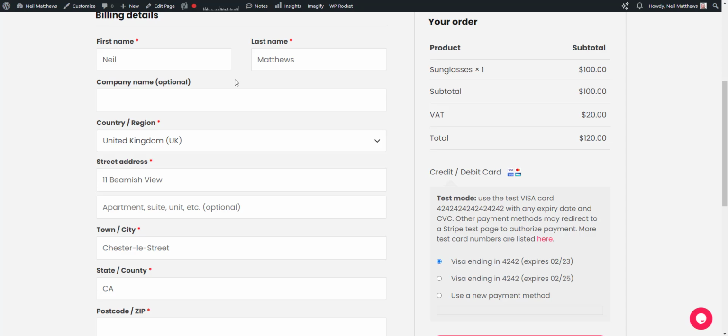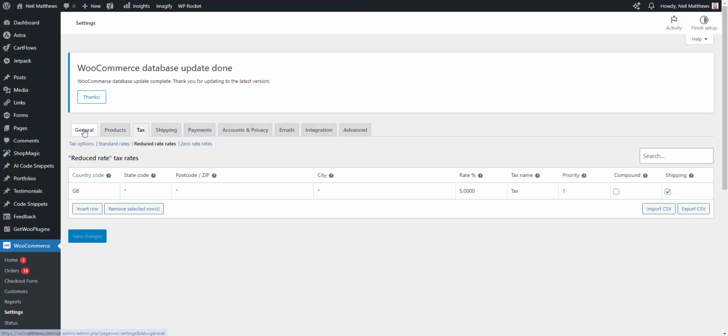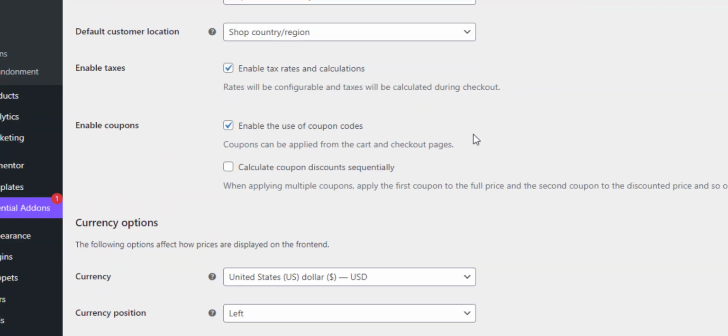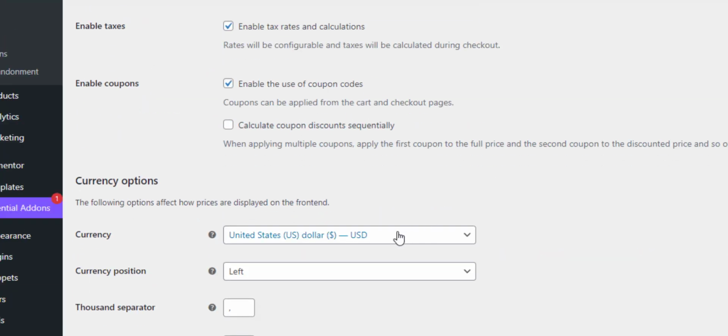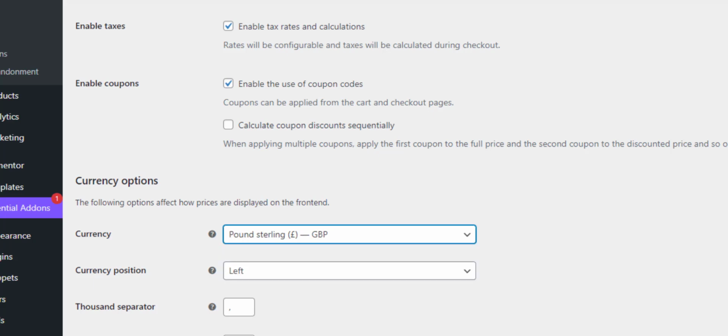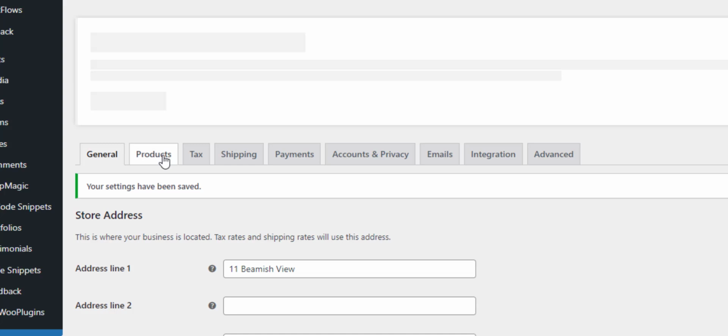What I'm going to do is show you how to set up your top level VAT rates and then reduce them on a product by product basis. So let me jump over to the back end of my site. What I've done is I've enabled tax calculations on my site. Let me just change this to GBP for the purposes of this VAT demo. So if we go to our tax settings,